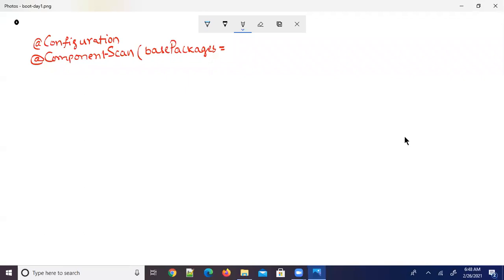Right, everyone? We can also provide multiple base package names here. How? I can provide multiple base package names as an array of strings.